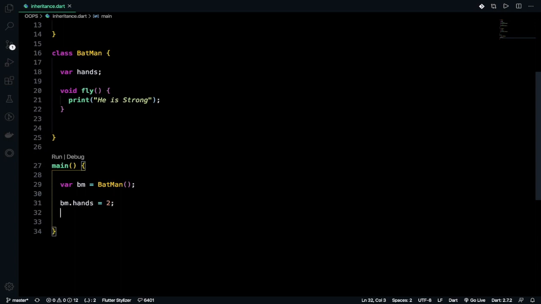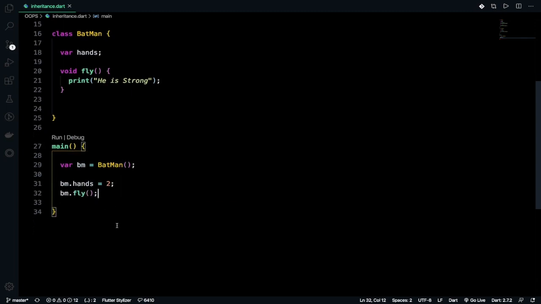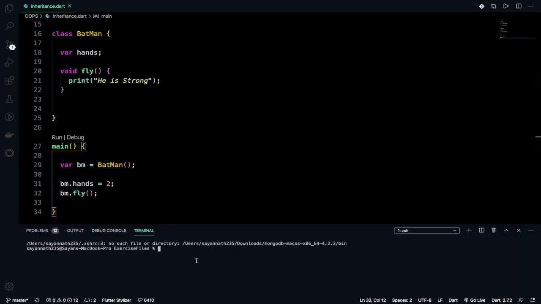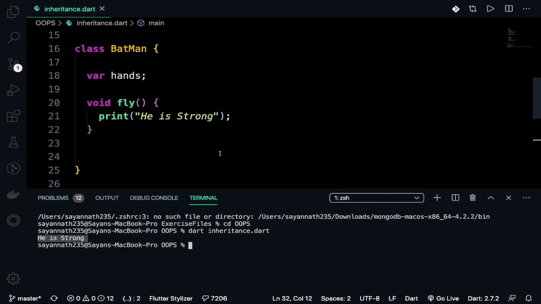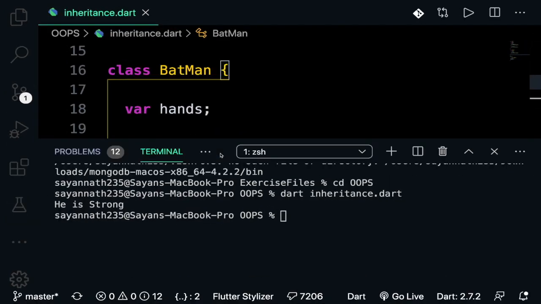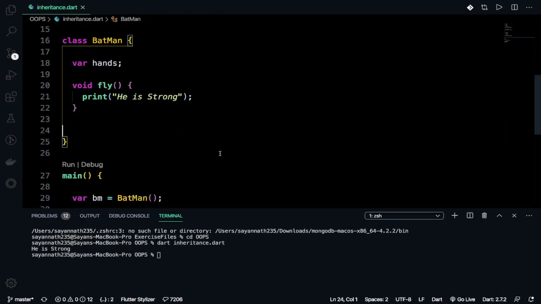Then I want to also access the fly method. Let's see whether it is running or not. See, he is strong, so it's running. You can see here it's running.